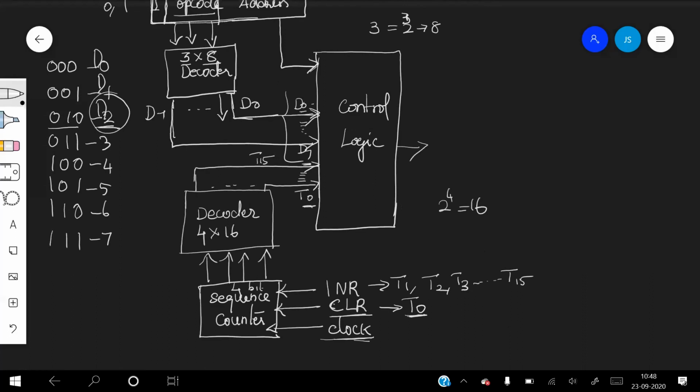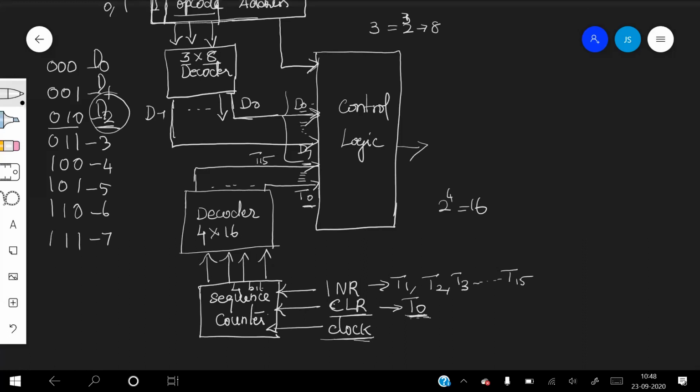The clock input is given here. Responding to the clock signal, the sequence counter generates the timing signals from T0. When it is T0, it is the result of the clear operation: when the clear control input to the sequence counter is active, it generates T0.